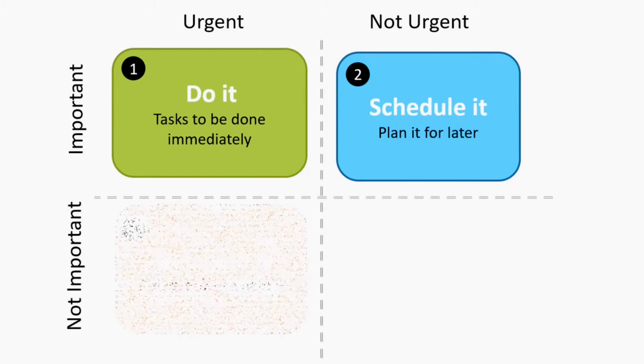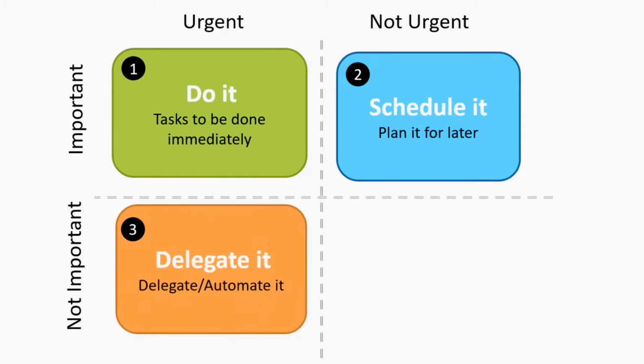Now coming to the third quadrant, these are tasks which are not important, but they are urgent. These kinds of tasks don't add any value to you, but they should be delivered urgently because there is a consequence attached to it. So these are tasks which basically don't add any benefit. For example, you have been doing a task for a long time, you are kind of an expert on it, but you don't want to do that anymore because it doesn't add value to you anymore. You have reached the maximum attainable experience with it.